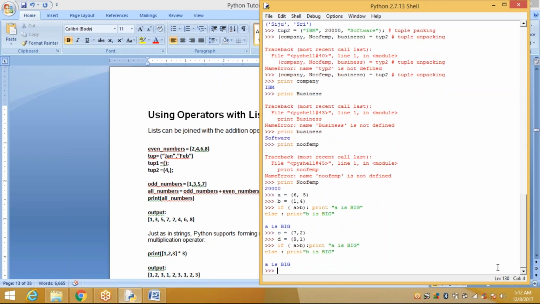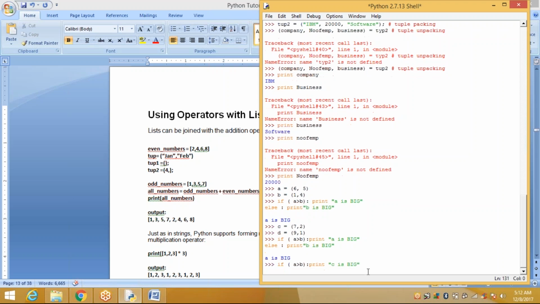Okay, we are giving C and D, right? Pradeep, I have one doubt. It will check only the first numbers? It compares first. Suppose I am taking A is (6, 5) and B is (1, 4).